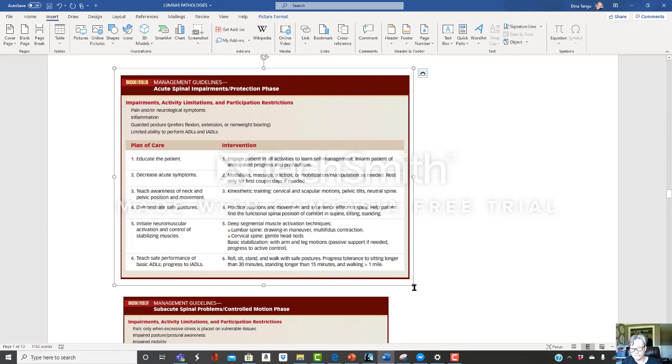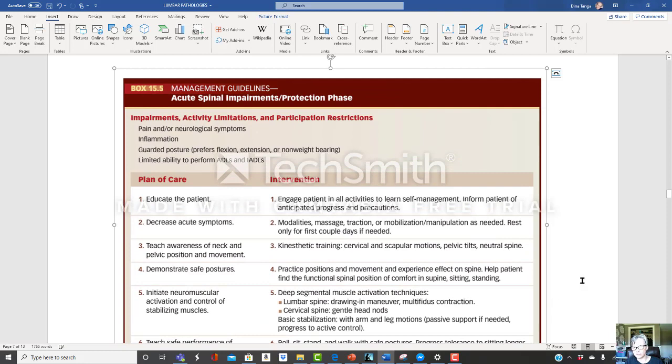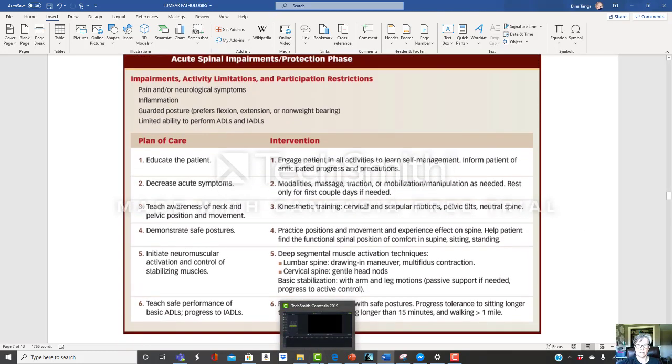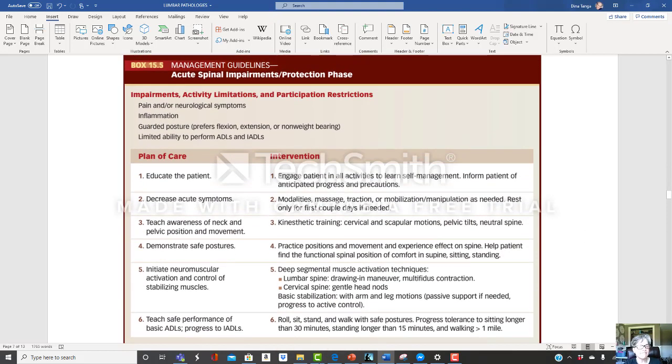Okay, so here is box 15.5, acute spinal impairments, protective phase. Impairments, activity limitations, and participation restrictions: pain and/or neurological symptoms, inflammation, guarded posture, prefers flexion, extension, or non-weight bearing, limited ability to perform ADLs and